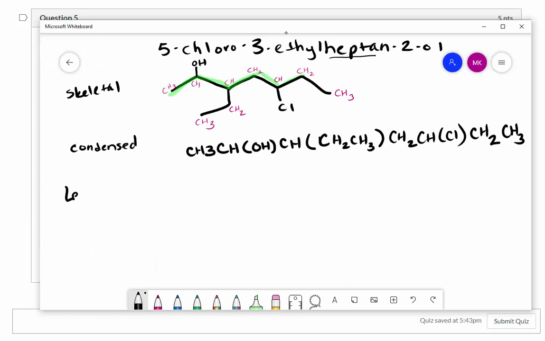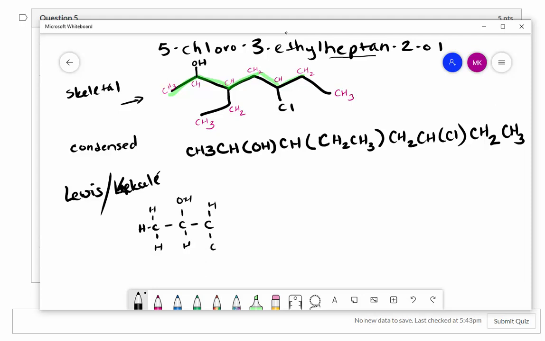Now for the Lewis or the Kekule structure, you need to expand this skeletal structure out. So what you're going to do is put all of the atoms bonded on one another like this. So we have a CH, we have a C that has an H2, CH, so you get the idea. So this is the one that has all of the bonds. We have CH2, here's a CH with a Cl, H2,